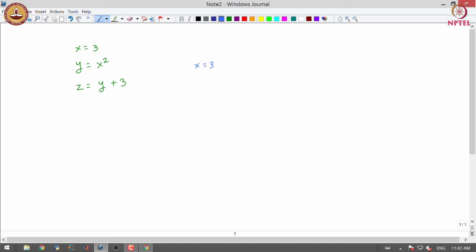We have x equal to 3, we perform the operation of raising the power to 2, and we get y, and we add another number to this to get z.